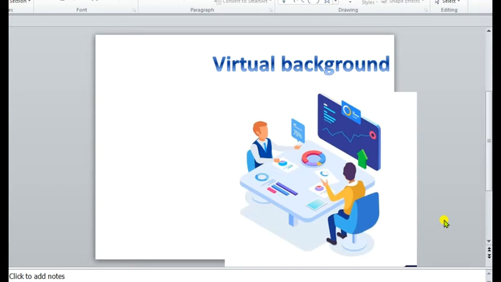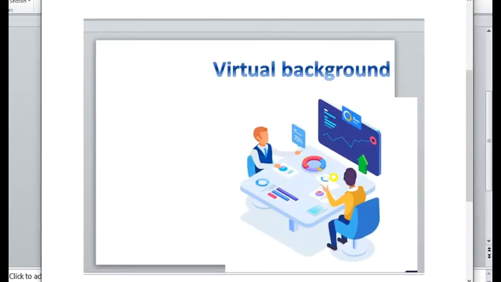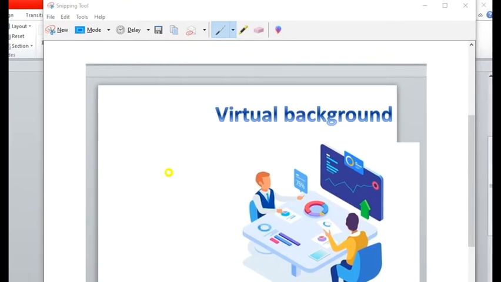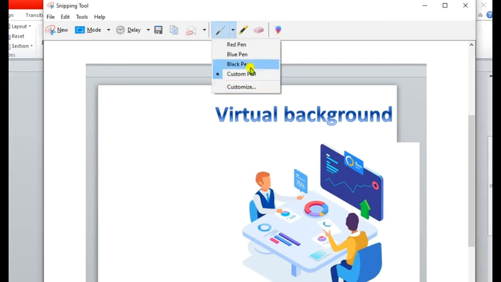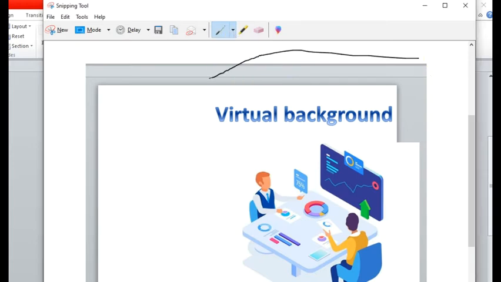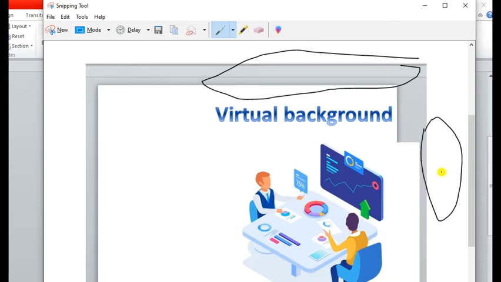You can see that now I have done the snipping, and the snip appears something like this in the Snipping Tool. If you look at it, you can see that I have chosen some extra part above, as well as at the bottom and the sides.